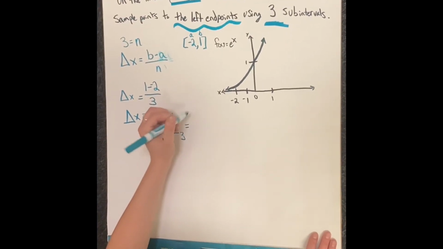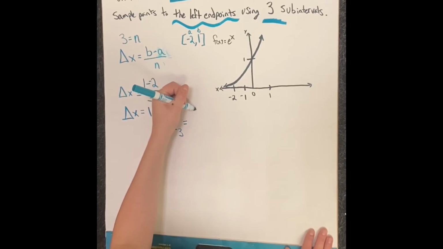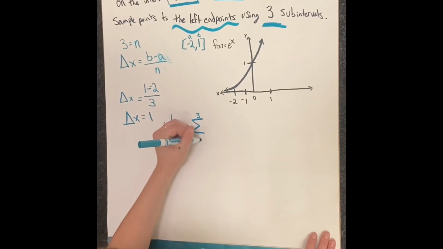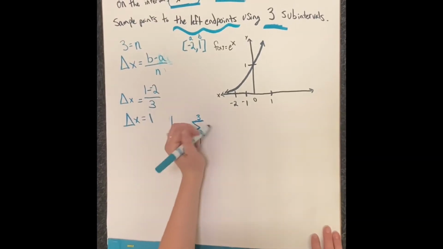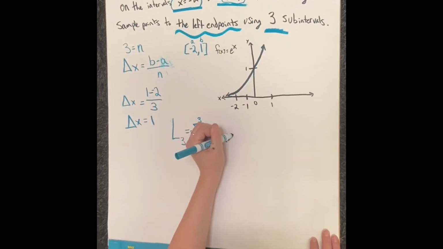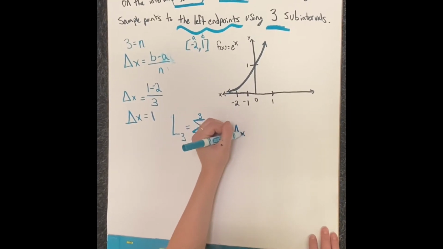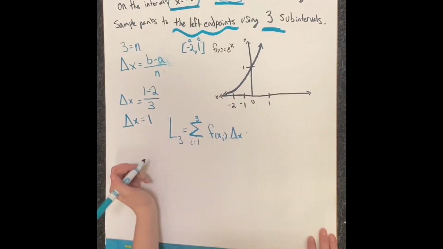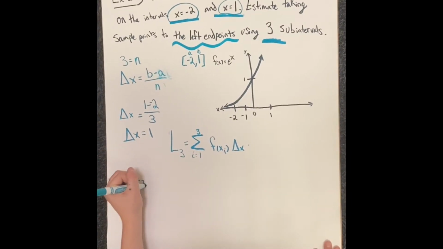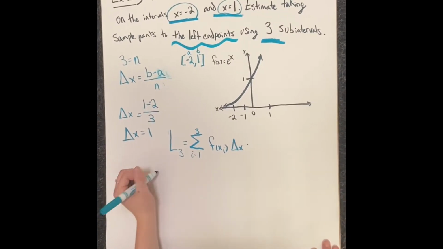So L3 means, because we're using 3 subintervals from the left, you write down your 3, sigma, i equals 1, f of x i times the change of x. So now we're going to do this in terms of the graph and the equation. So L of 3 is equal to